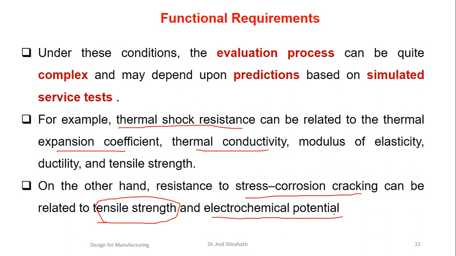So for example, let's assume a ship impeller. What happens to the ship impeller? It is inside the sea, which is a corrosive environment. So maybe after a few months or a few years, it may start corroding. But when I'm selecting a material, I cannot wait, let's say, 2 years and then decide on one material. So what I do is create an electrochemical environment in which the corrosion can happen within 5 days, equivalent to what the material would suffer after 5 years in actual working condition.